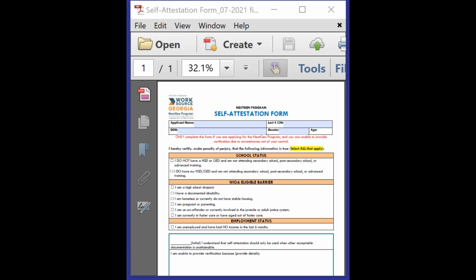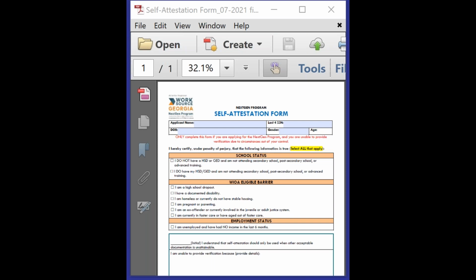All right. So with the self-attestation form, this is a new form. And what we tried to accomplish was putting as many items that you may want to self-attest in this form so that it can be utilized for a lot of different self-attestation forms instead of making your own letters. What we saw with the letters was that they weren't detailing out enough the required parts that we needed to be in the self-attestation form. A lot of times the letter would just say, oh, I'm a dropout, and have a signature or no date. Or I'm a dropout and have a person just print their name or something. That is unacceptable. That is not the level of a letter that we need for self-attestation.